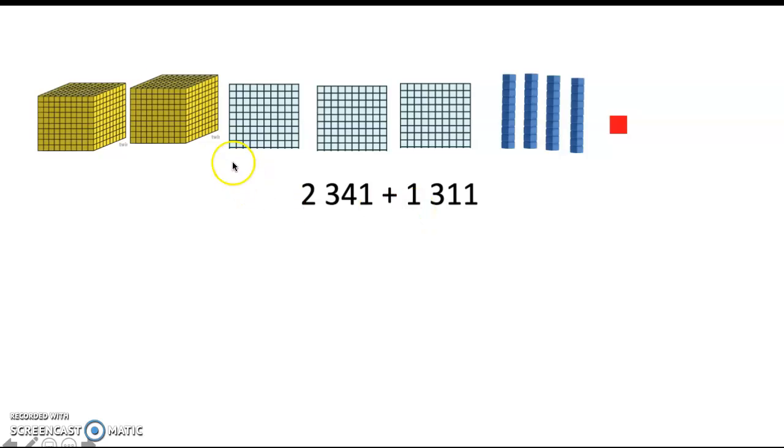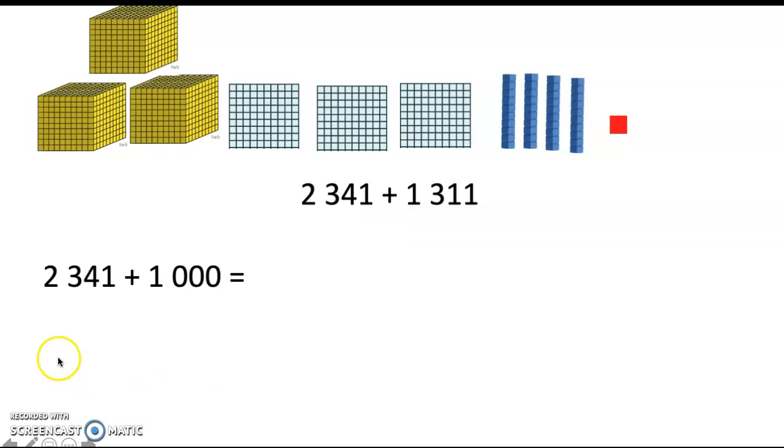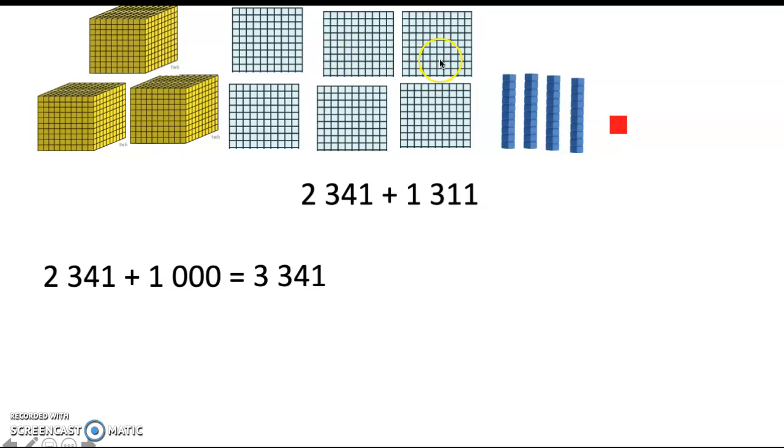So we are going to add 1,000 cube here visually to represent that place value. And here is our number sentence to represent that, and then our answer of 3,341. Then we're going to take this answer and add our next place value. So we're going to add 300 plates right there. And we have our number sentence here, which gives us the answer of